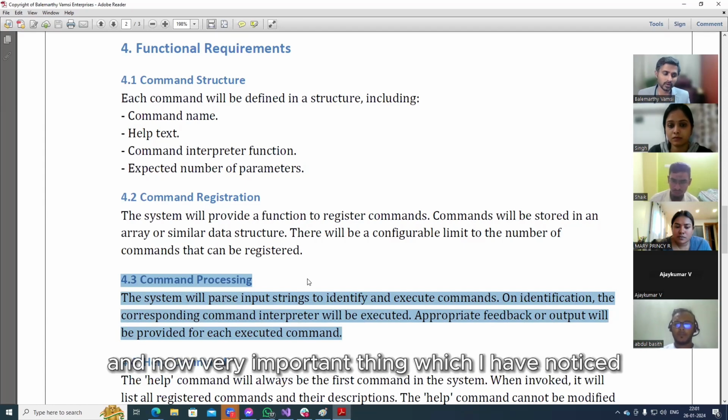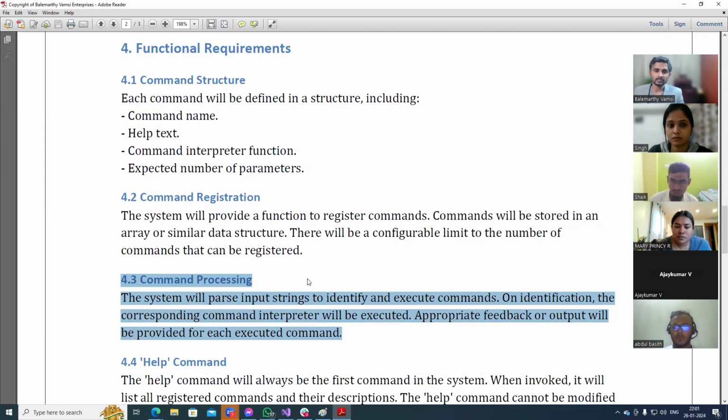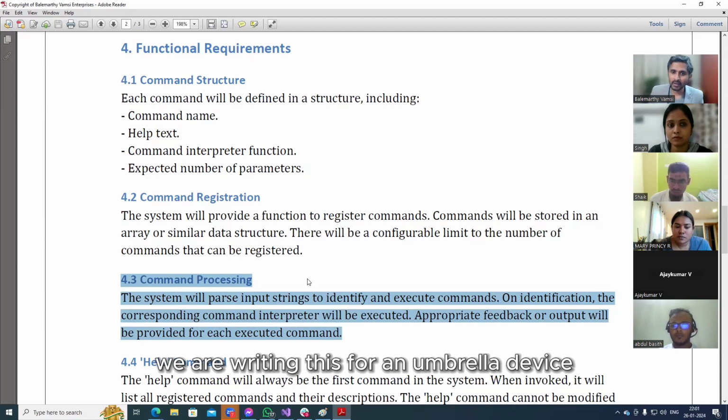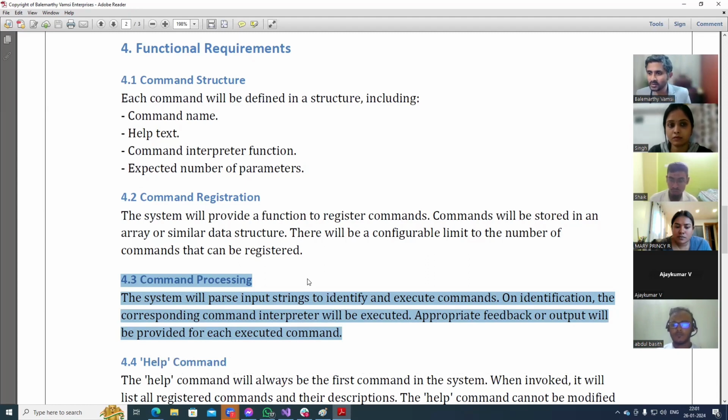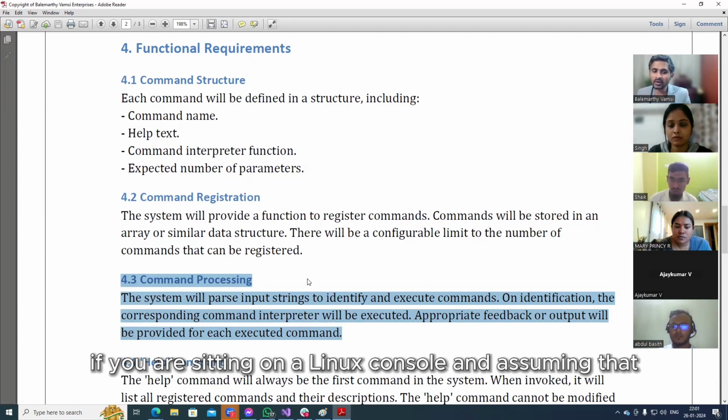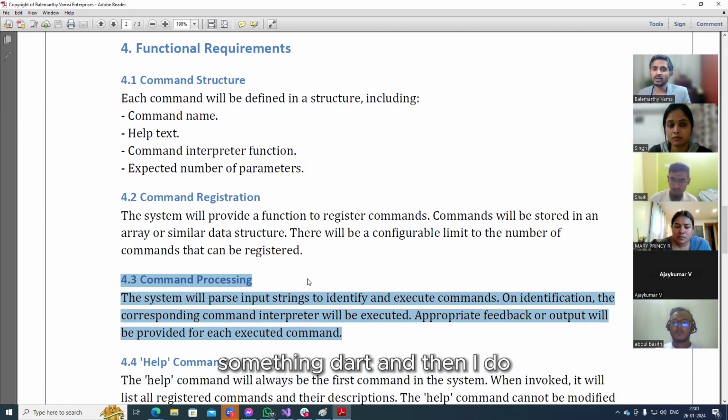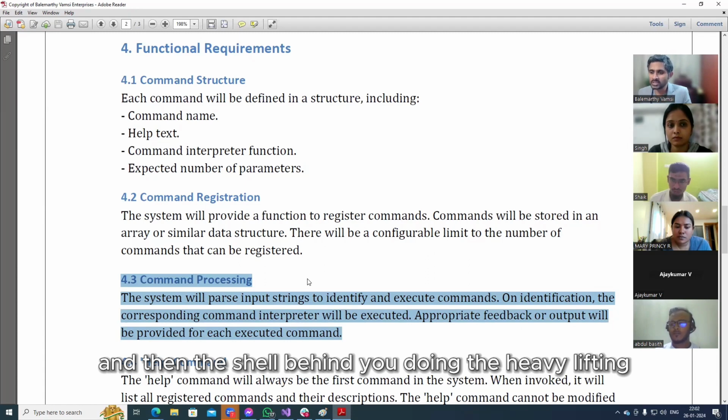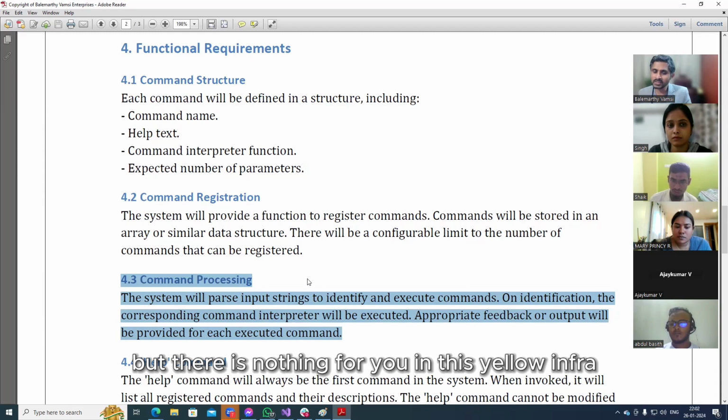And now a very important thing, which I have noticed. We are writing this for an embedded device. If you are sitting on a Linux console and assuming that you type something and then I do, there is the shell behind you doing the heavy lifting, but there is nothing for you in the CLI infra.